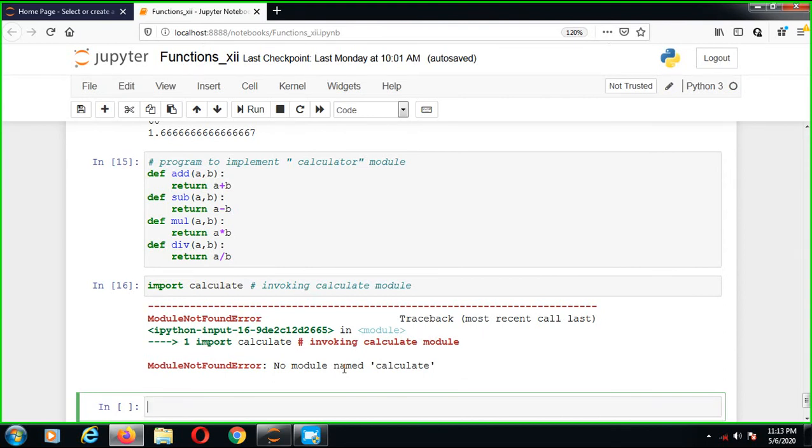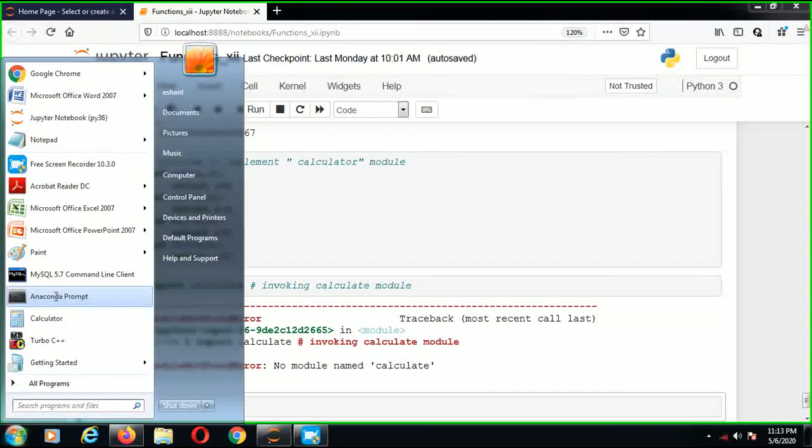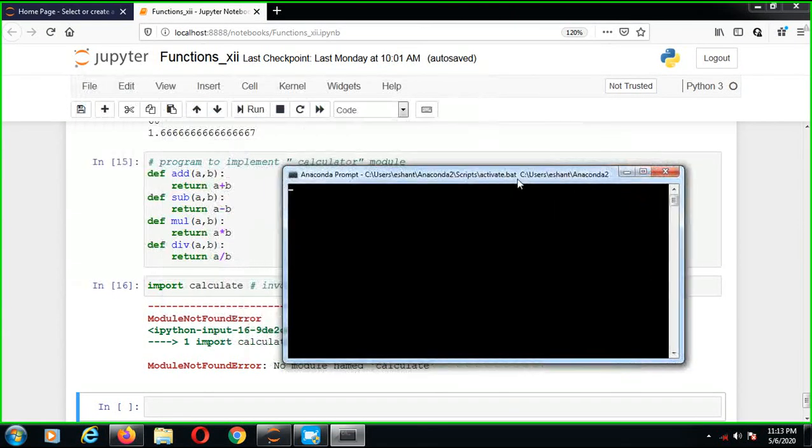Import calculate file is just like import math, import Python. In the same way, import calculate is the file. We'll have to import the files and install through the command prompt, the Anaconda prompt. We'll have to install the file and calculate value. I'll show you, but it will take time because I have to start the net, because the net is not there. So I'll try, wait and watch.